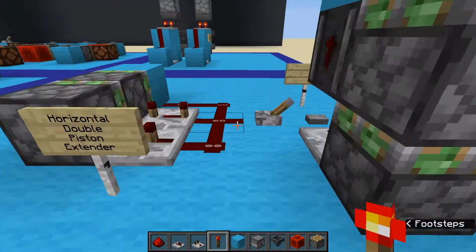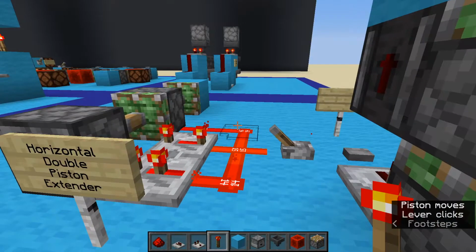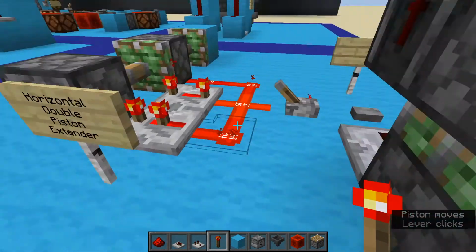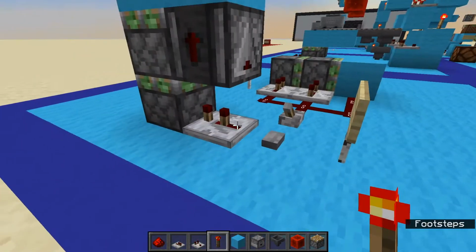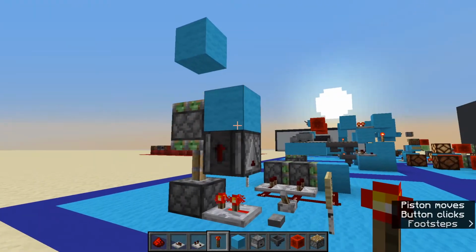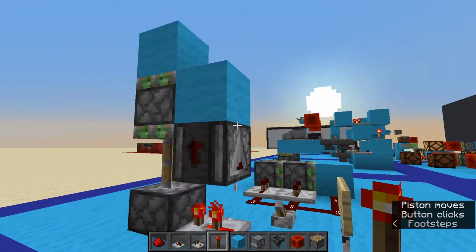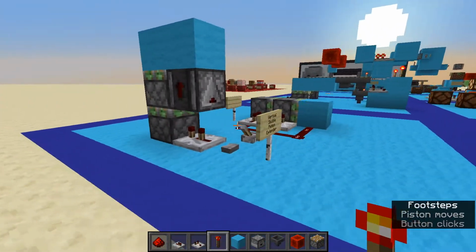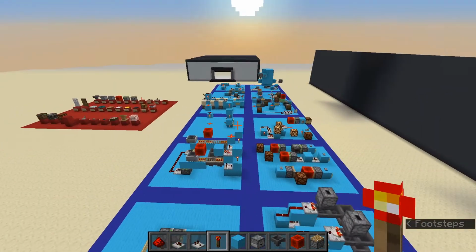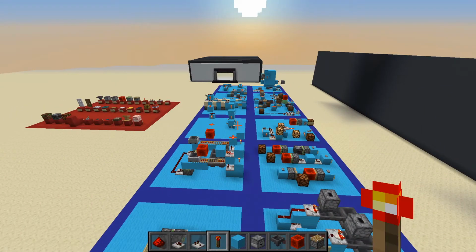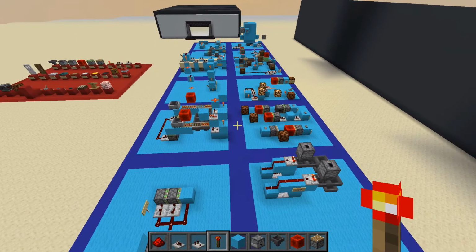And last, we have a horizontal double-piston extender. Very easy to build, very effective, and an even easier way, a vertical double-piston extender, as both of those are not my design. I just wanted to show this. So I also have to say, most of those aren't my designs. I just wanted to show them to you so that you know that they exist,